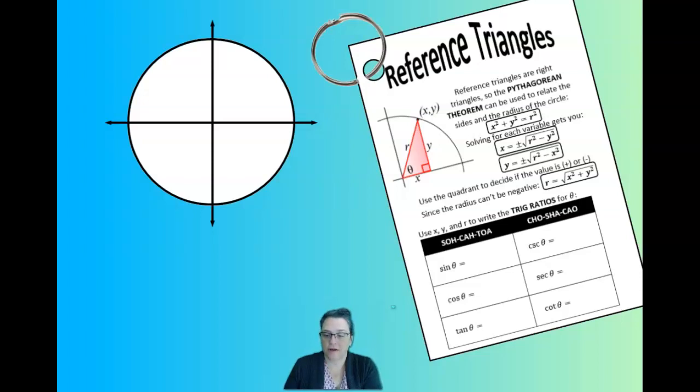Welcome to our notes on reference triangles. In our last notes, we learned about sine, cosine, and tangent as ratios of sides with relation to an acute angle theta in a right triangle. Now, if we take what we just learned and apply it to what we learned before that with central